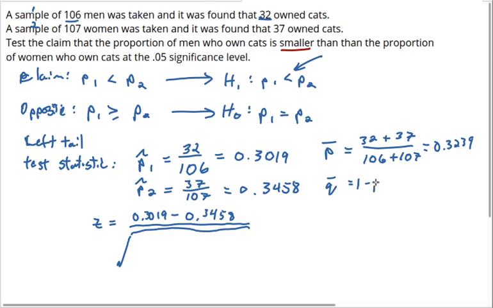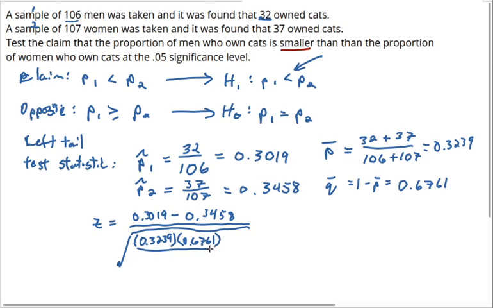This is just 1 minus P bar, and that is going to be 0.6761. So I'm going to take P bar first, 0.3239 times Q bar, 0.6761,